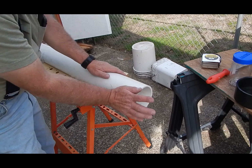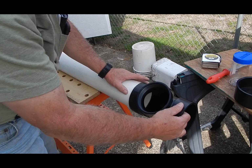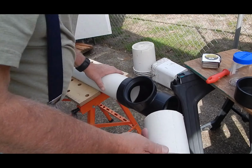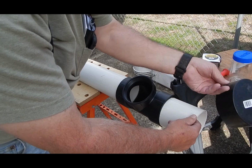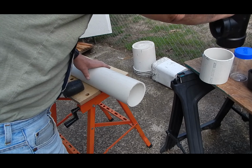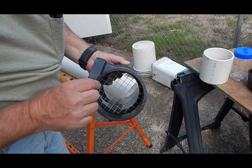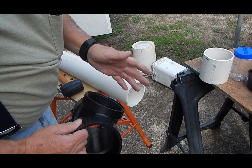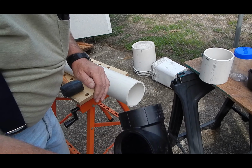Okay, that's ready. So the next step will be to put this on, and then one of these short pieces here will go in there, and then the cap will go on that. Now that we got this all cleaned up and this end's ready to go, you can see I put a screen in here. That's in case any little critters happen to fall into this thing from the top. We're going to put a cap on it, but you never know what might happen out there, so we're just going to do that. So that screen will go right here,